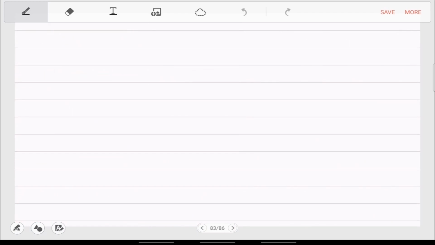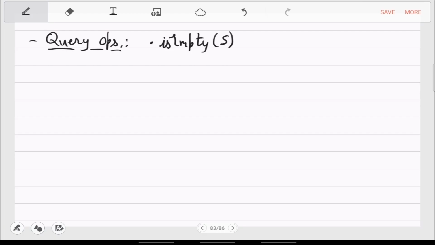And what are the query operations in the model? Query is getting something from the list. Is empty is one query you can do, whether the stack S is empty. And more important is, what is the top of S?